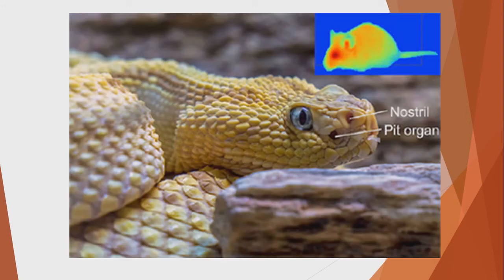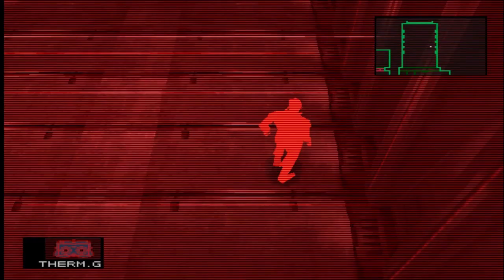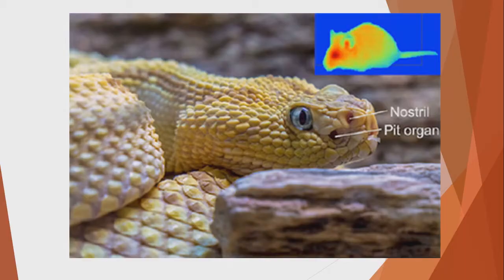One way you can think of this, and maybe you have thought of this before, is the idea of infrared goggles, if you've ever used those in a video game or something. Or if you think about snakes, certain types of snakes called vipers actually have what's called a pit organ, which lets them see in the dark. And what they can see is actually the infrared radiation produced by things like mice. So in the pitch darkness of the desert night, this rattlesnake can actually see a mouse scurrying around based off its heat signature.